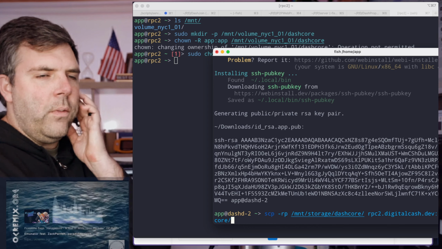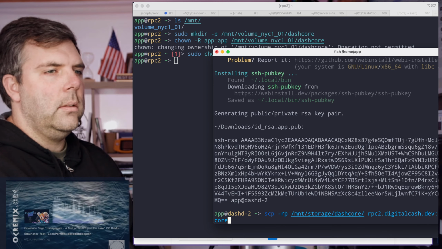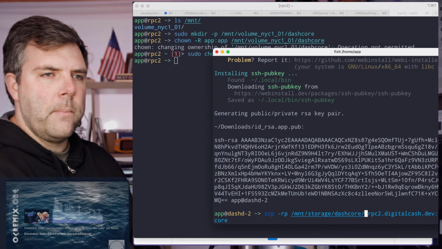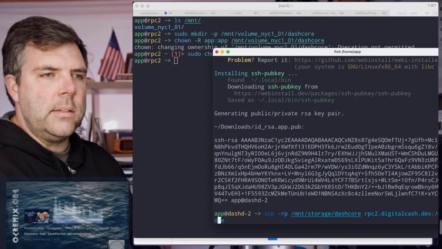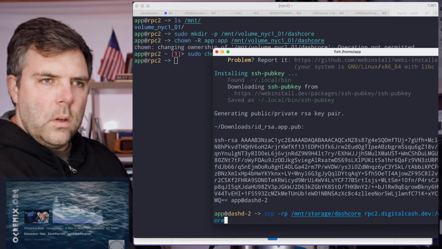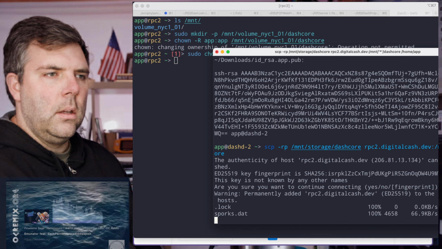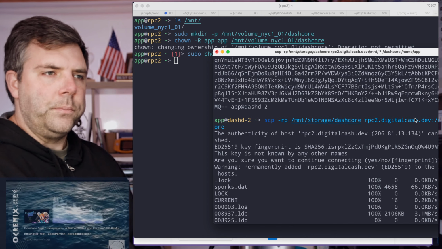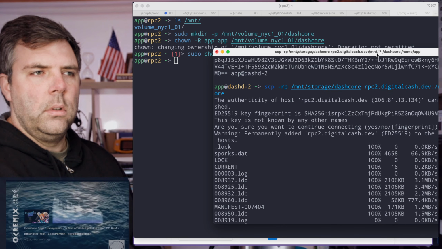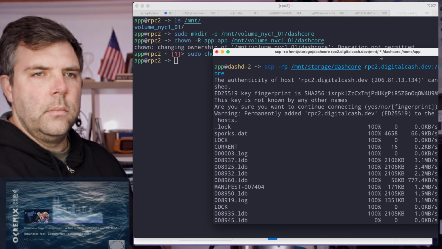I forget, though, if I need to... How do I need to do this? I think I do it this way. I think I get rid of the slashes with SCP, whereas with rsync, you need to have the slashes. All right. Yes. And boom, there we go. So this is copying over. Might have been quicker if I did a tarball or something, but